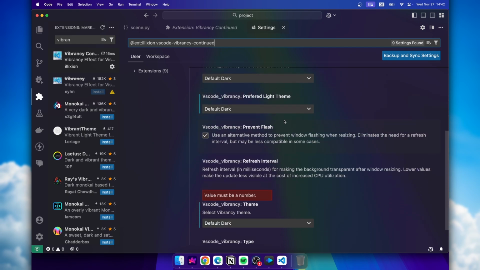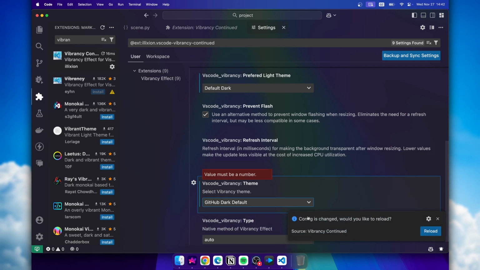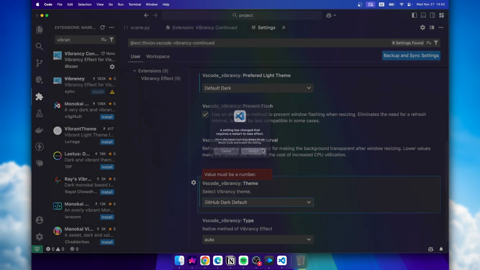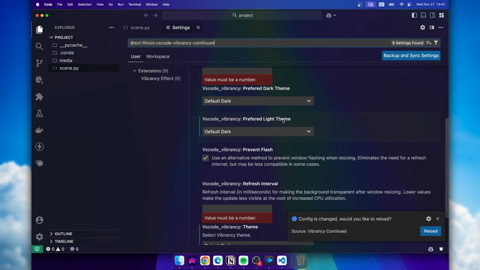So here down below you can also scroll down and change the whole theme of the vibrancy. Here I have it set to default dark. However, down below you'll find plenty of options. Let's go for example with the GitHub dark default, and here I have this option right now to reload the vibrancy, and now I will have to restart Visual Studio Code,